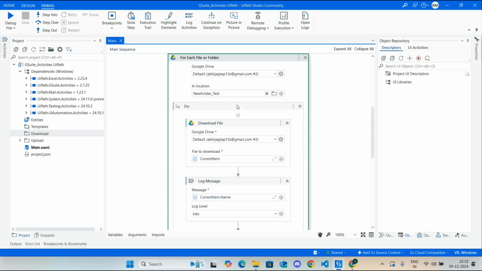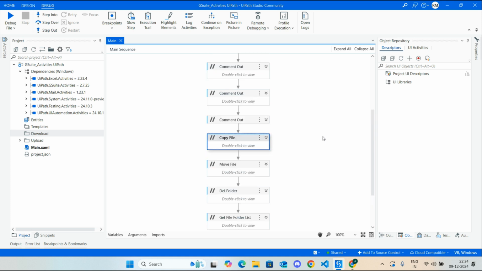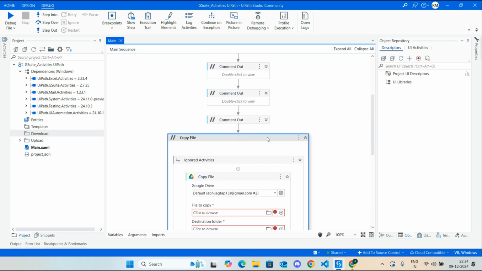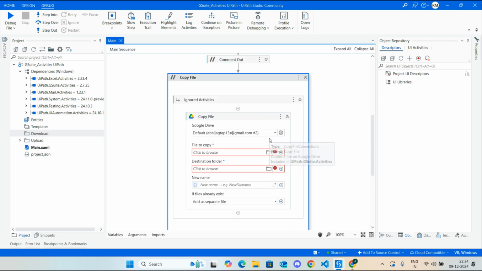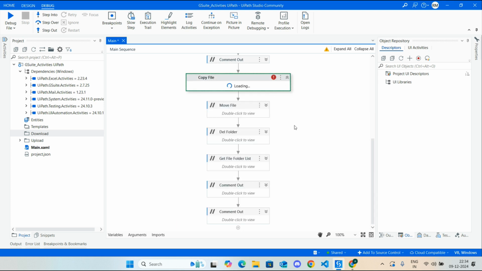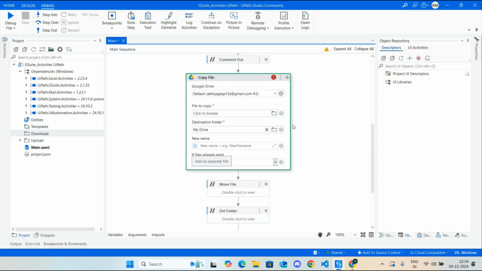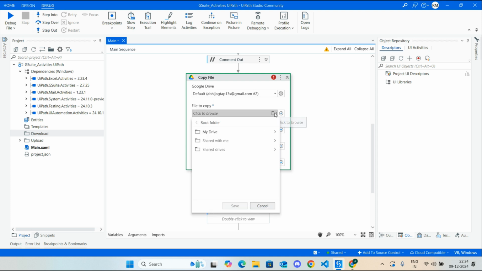Okay, so let's disable this. Our next activity is copy file. If I go to copy file over here, what all do we need in the copy file? Basically the file that we want to copy and the destination that we want to copy to. So I'll just select the file, my drive, my new folder. So let's copy